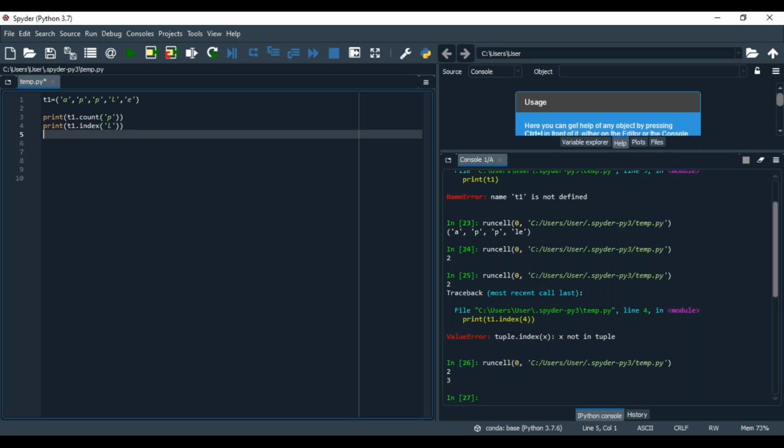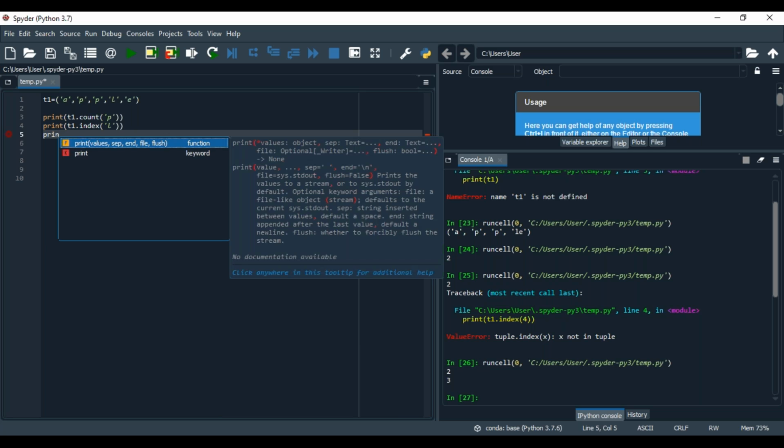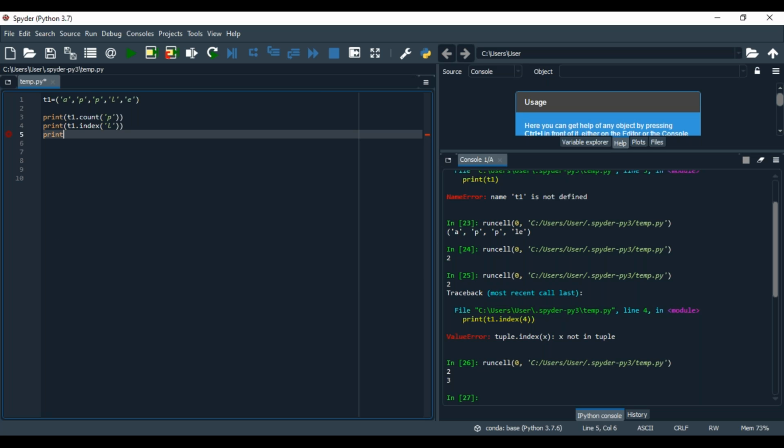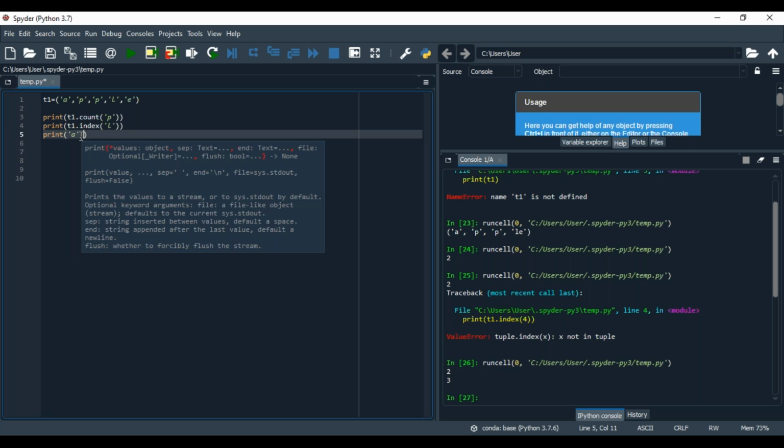I told you that one is the membership function. So print the given A in T1.